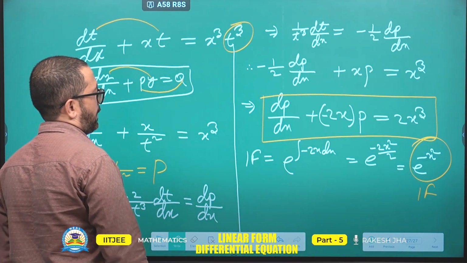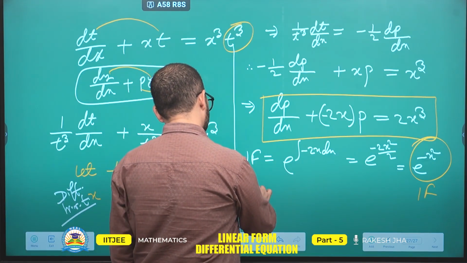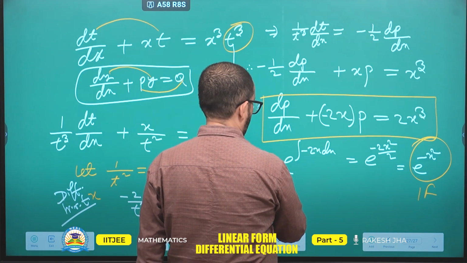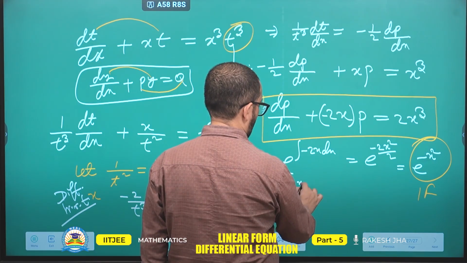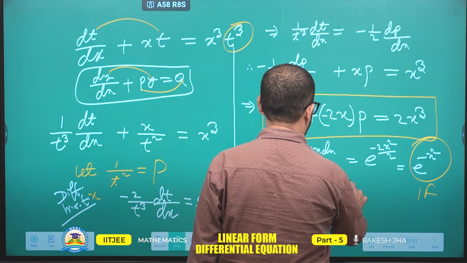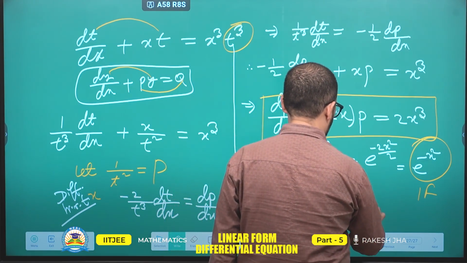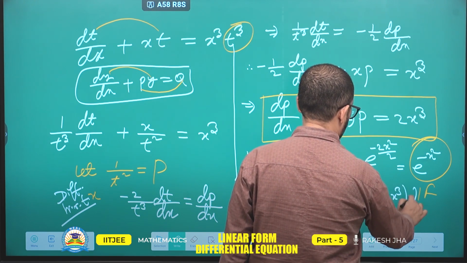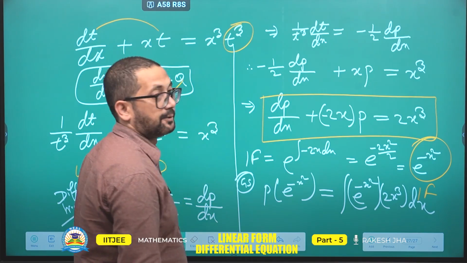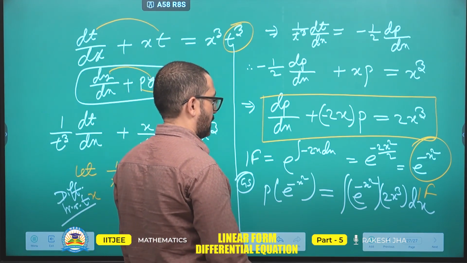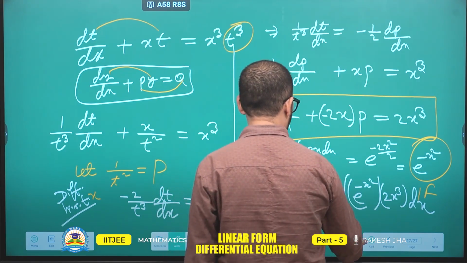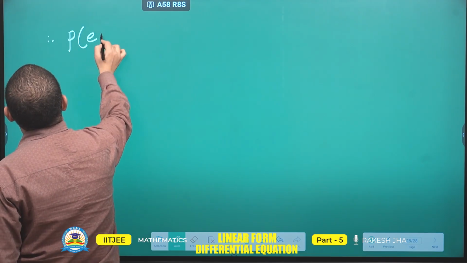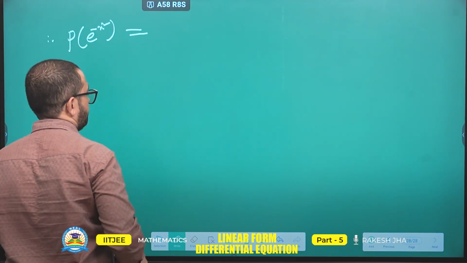So we found the integrating factor, then the general solution will be y times, so here p times the integrating factor, that is e raised to power minus x square, is equal to the integral of the integrating factor e raised to power minus x square and q, that is 2x cube, and dx. We have to integrate it and return the values. So what shall we do? p times e raised to power minus x square is equal to